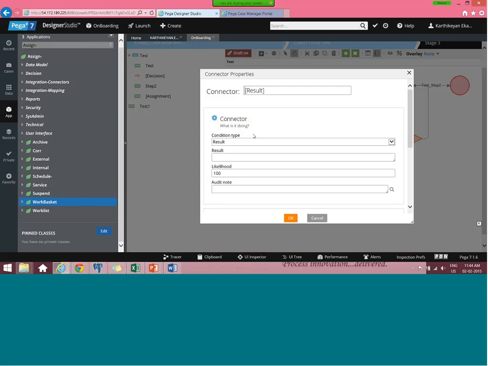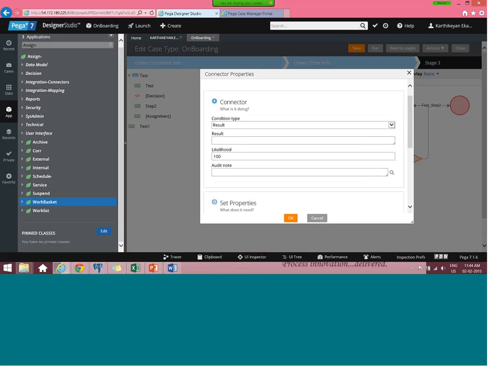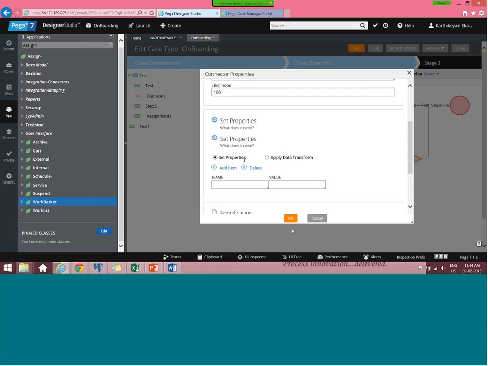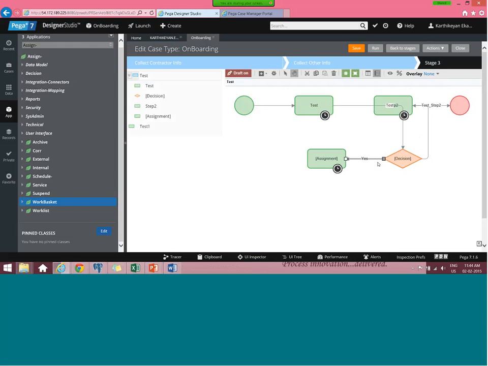And here you should choose result. You can set the result here and place your likelihood on this. This is for the use of decisions.